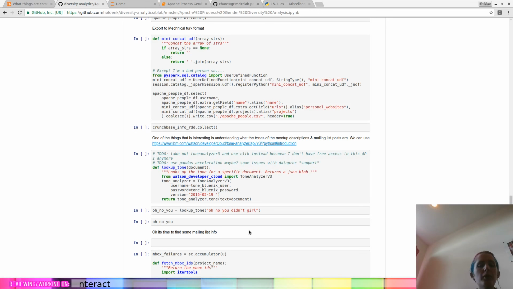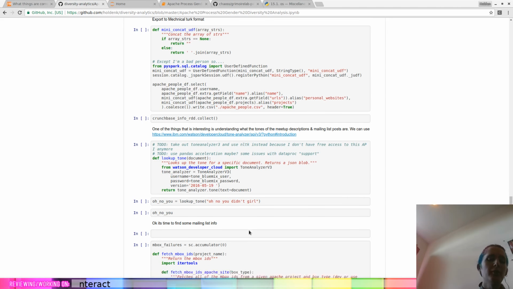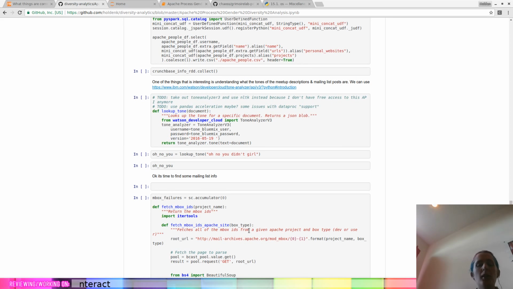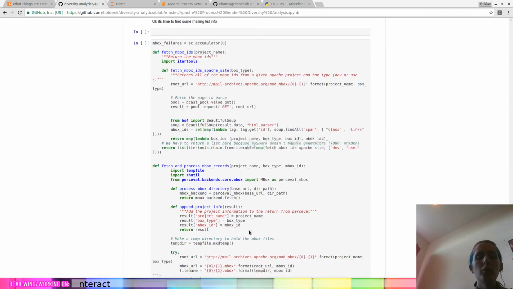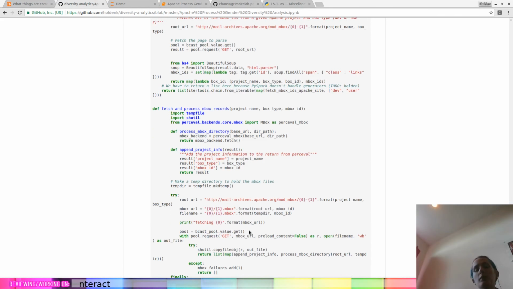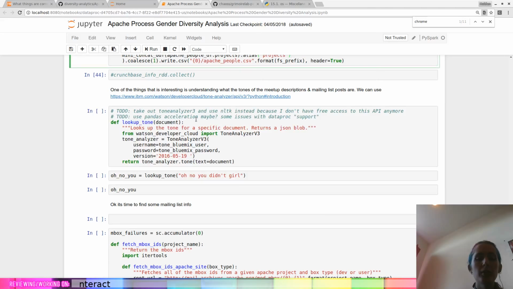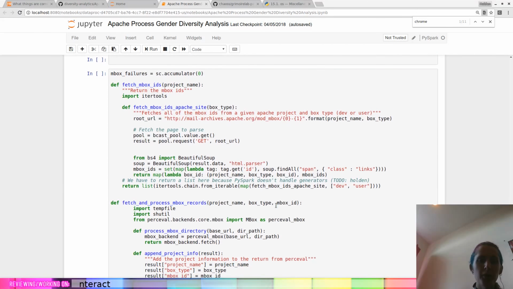We're going to rewrite the tone analyzer because I no longer have free access to the Watson tone analyzer. We're not going to do that today though because it's 11, and I really want to get to the part where we get all of the different contributors in Git, because that's going to be useful for this Friday when we're trying to figure out what kind of budget we need to do reasonable random sampling for the different projects. So we're going to go back there and keep going. Okay, we'll skip our tone analyzer.